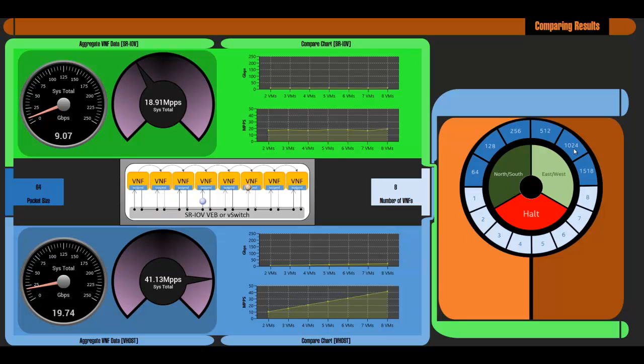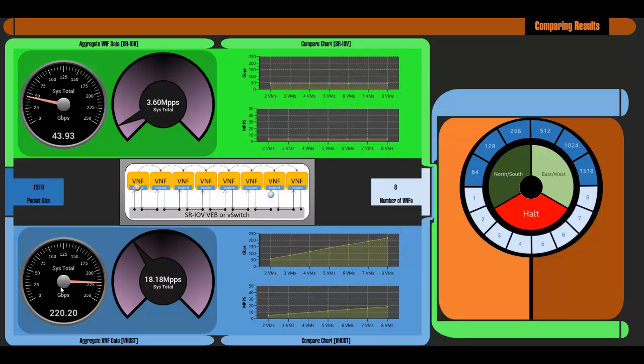Let's jump up to a higher packet size here so you can see it in a different view. So again, with the packets per second, the number processed goes down because the larger the Ethernet packet size, the fewer that are processed per second, right? So now let's just do the biggest one here. We do 1518 bytes. And again, in SR IOV, we're doing 44 gigs all the way across. No matter if we have 2 VMs or 4 VMs or 8 VMs, it's still 44 gigs and